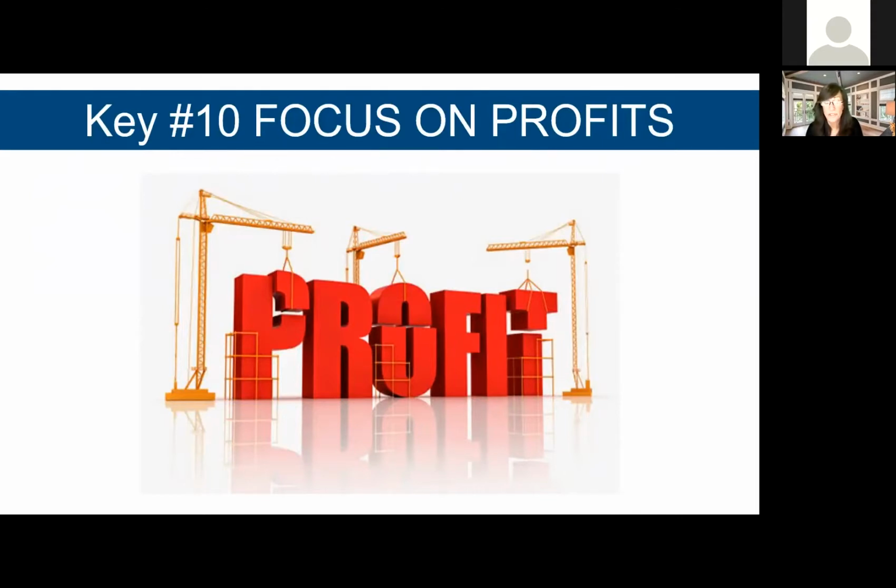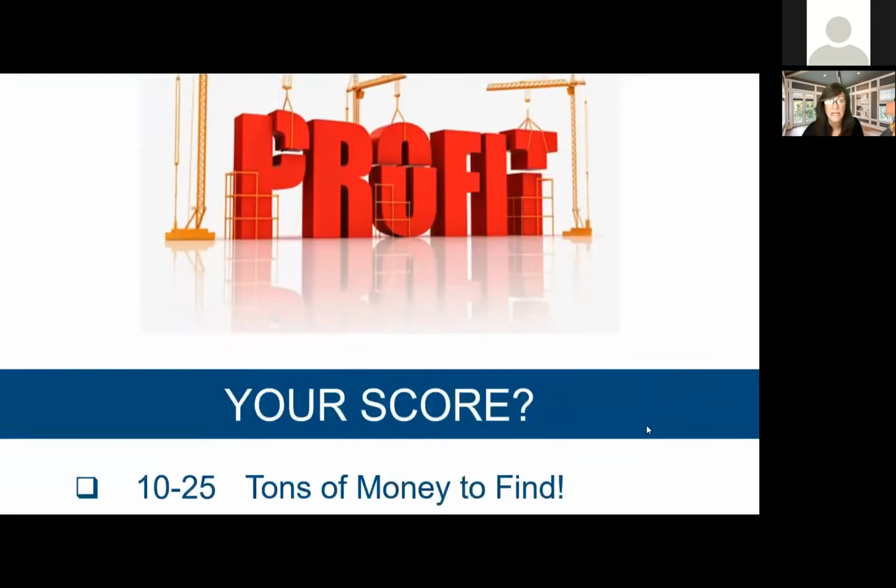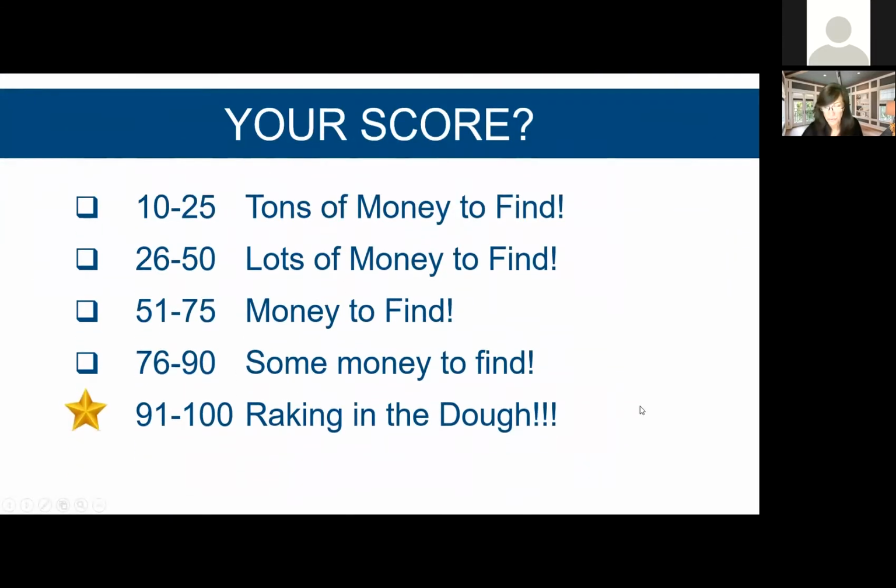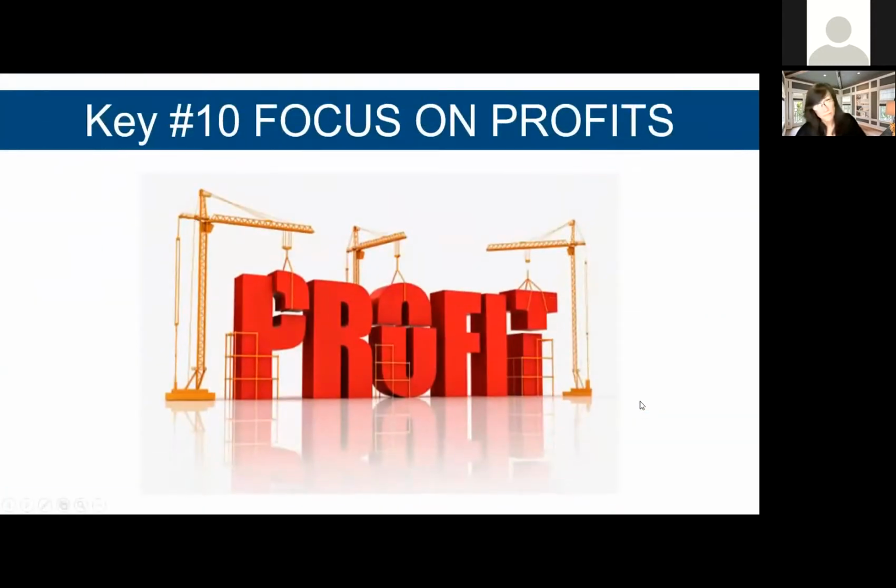And ultimately, your employees are not going to perform at their top level, and they're not going to be as highly utilized and successful as you want them to be unless you make a profit. So